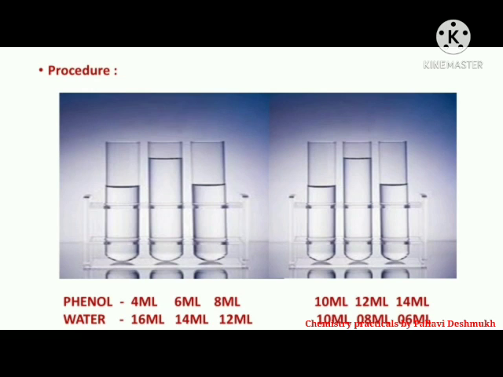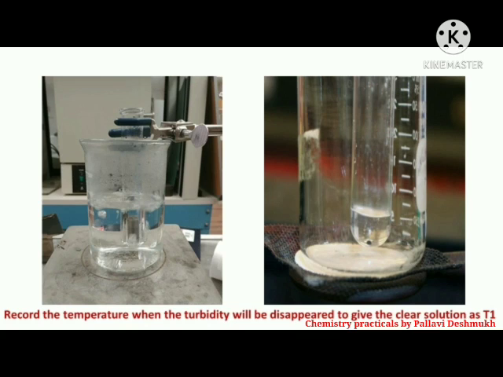In the fifth test tube, take 12 ml of phenol and add 8 ml of distilled water into it. And similarly, in the last test tube, take 14 ml of phenol and add 6 ml of distilled water into it. Now attach the rubber cork to any one of the test tubes and clamp it to the titration stand vertically. Introduce the boiling test tube into a 50 ml beaker containing water without touching the bottom of the beaker. Ensure that the column of phenol water is completely immersed in water, just as shown in the slide. Heat the water bath slowly with constant stirring of the test tube.